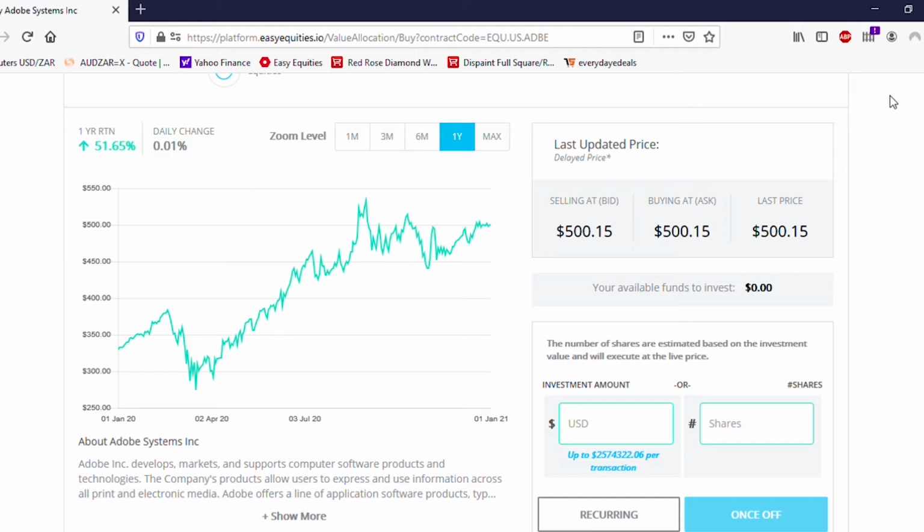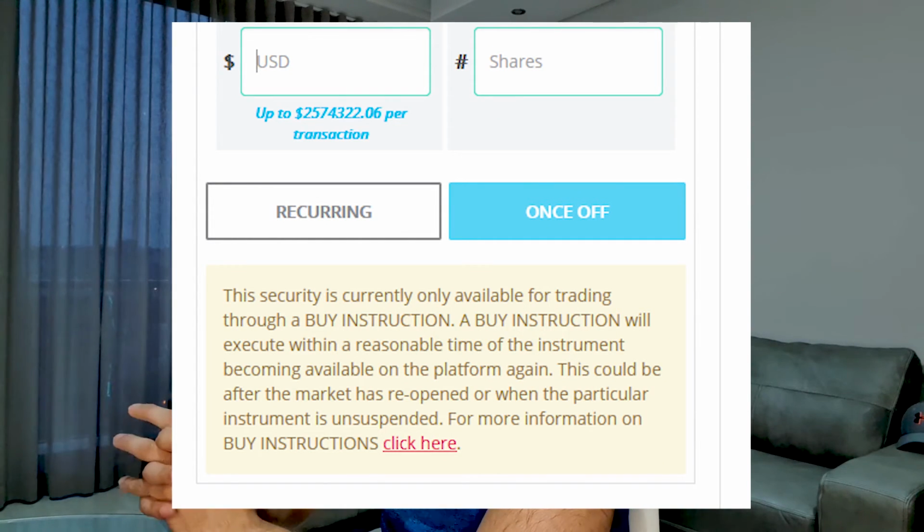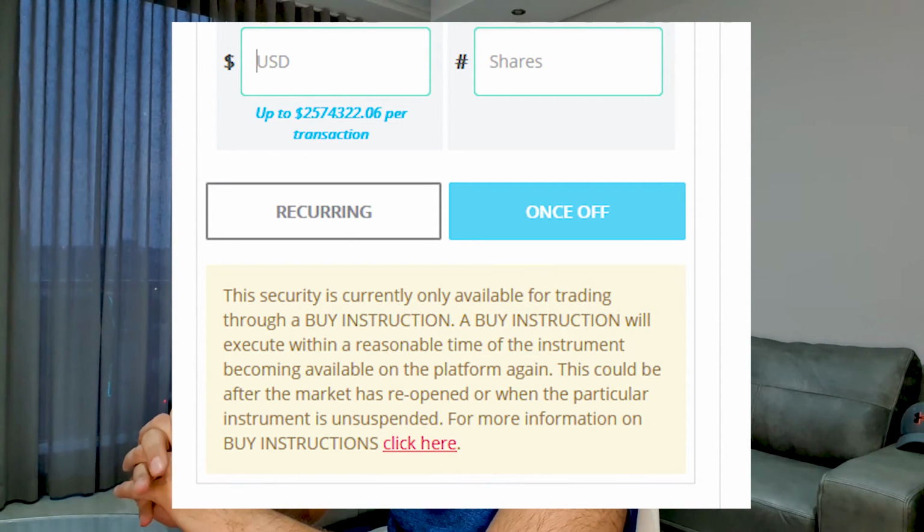Okay, once we've punched in an amount we would like to invest, we can click the once off button. That'll do a once off purchase. Okay, if the market is closed, you're going to see this here. It says this security is currently only available for trading through a buy instruction. A buy instruction will execute within a reasonable time of the instrument becoming available on the platform again. This could be after the market has reopened or when the particular instrument is unsuspended. So what it's trying to say in a nutshell is that EasyEquities will buy the stock for you when the